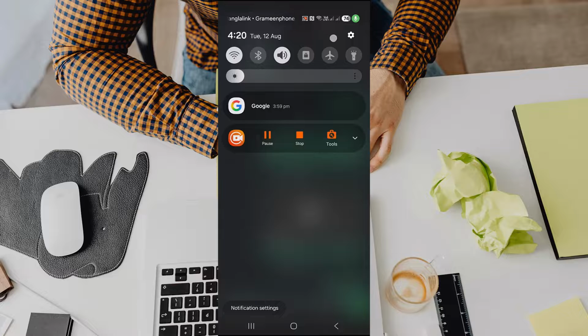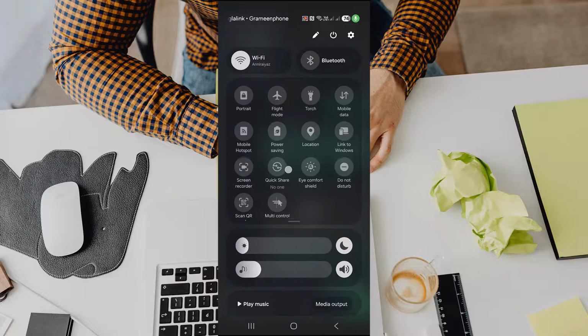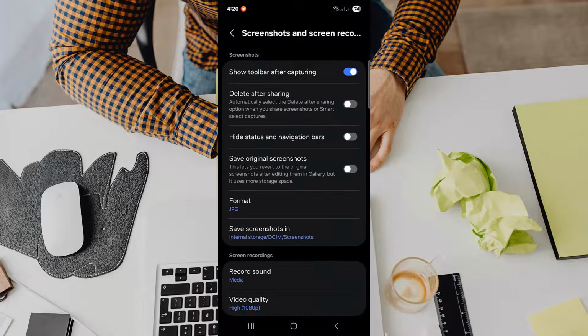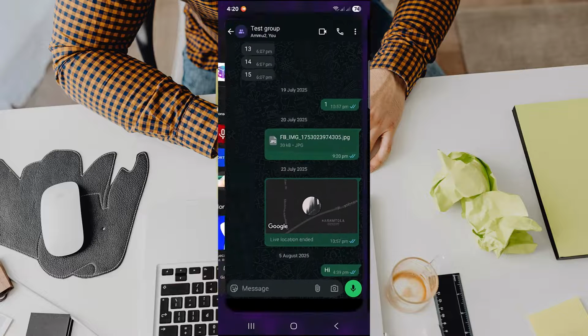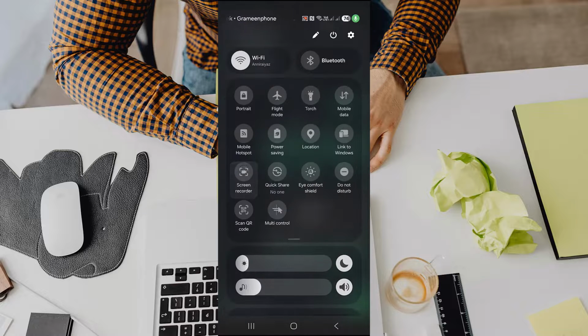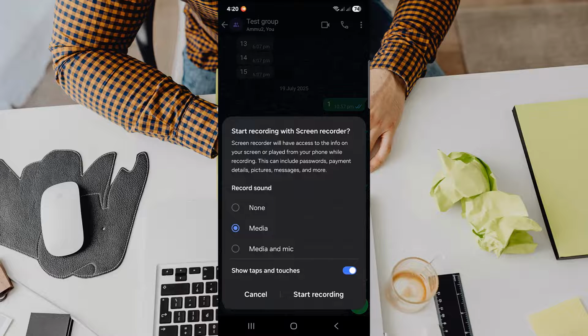So suppose you are in the call. So you have to just turn on the screen recorder of your phone. Keep tapped on your screen recorder. And let me show you again. Keep tapped on the screen recorder and there will be an option like record sound, none, or just media or